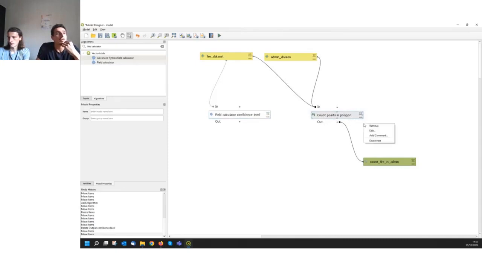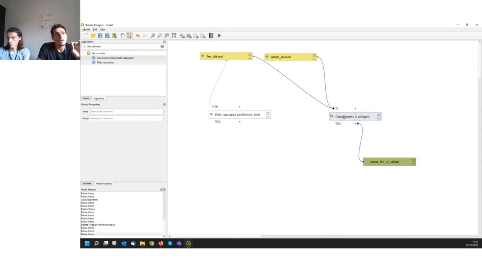But to do that for each confidence level, I will need two algorithms. One to select the right confidence level points, and one to count only the appropriate confidence level points